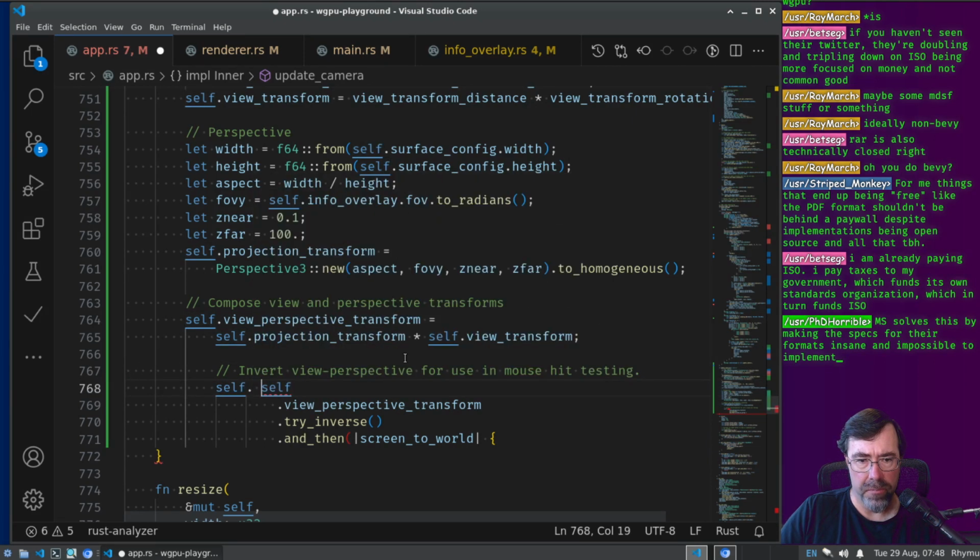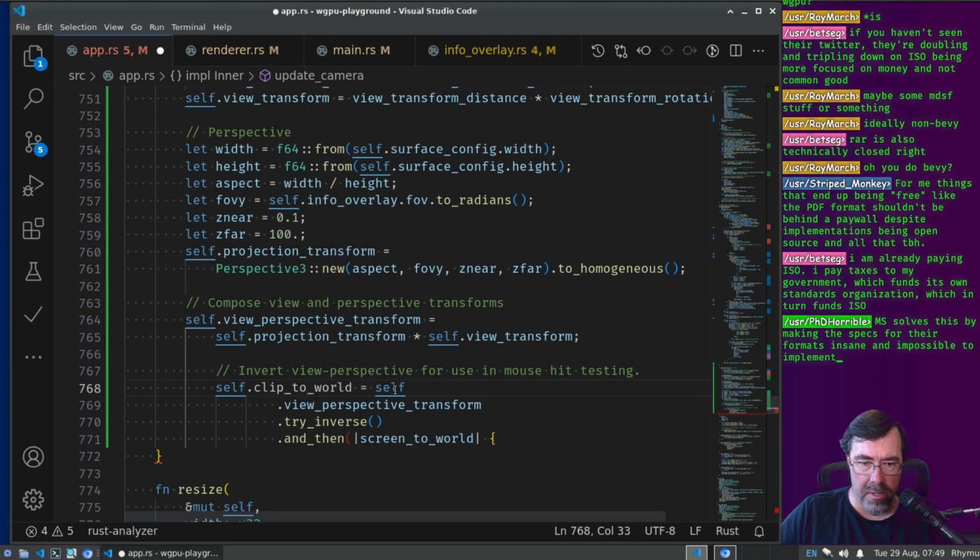Self dot... what is it? Clip space. It's really called clip space to world, right? Clip to world